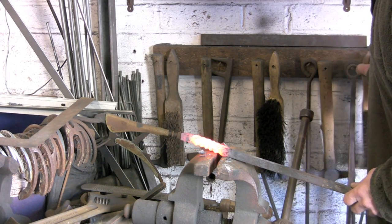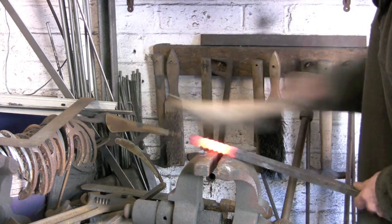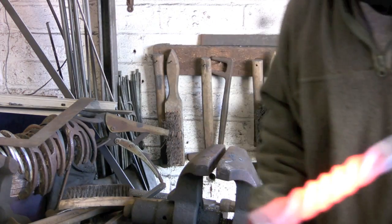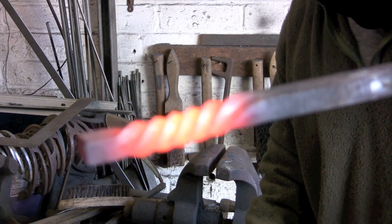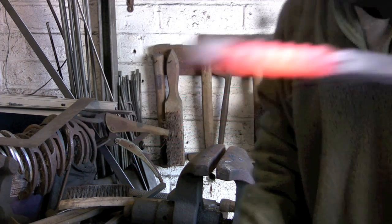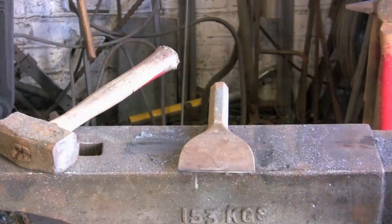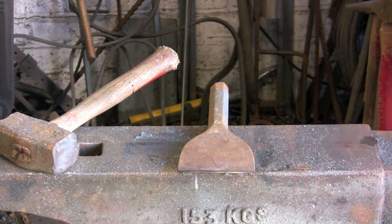Oh, that's it, drop all my tools. But that's a twist and a half, and it's about a 4-inch slice. Again, it's not focusing very well, but you get the idea. That's actually quite a nice twist on its own, if you were to tidy it up and turn it into a poker. Now we're going to get it hot again,